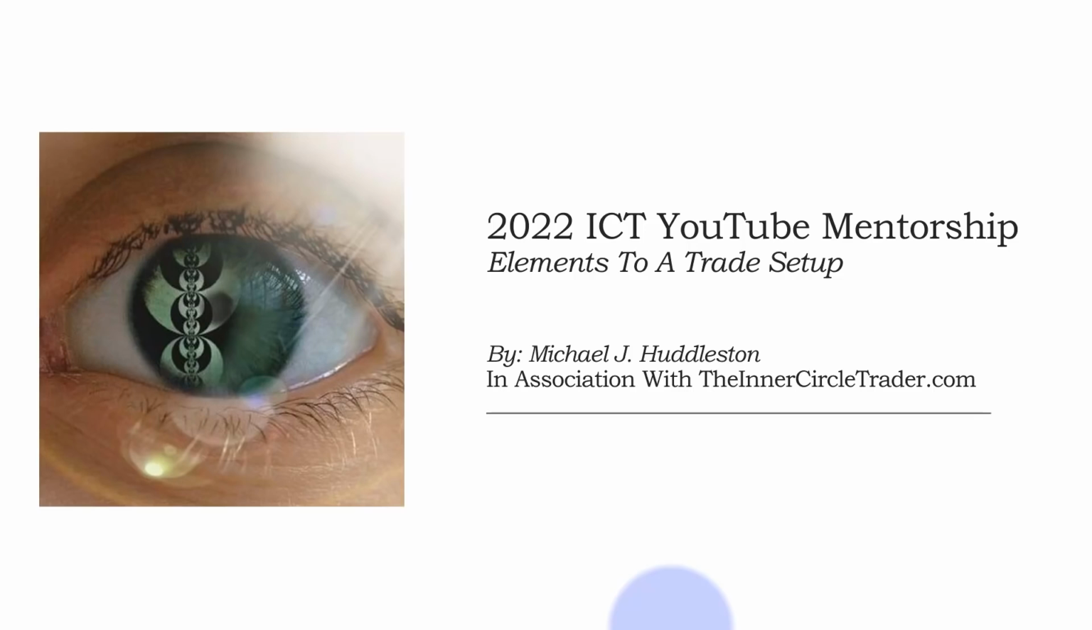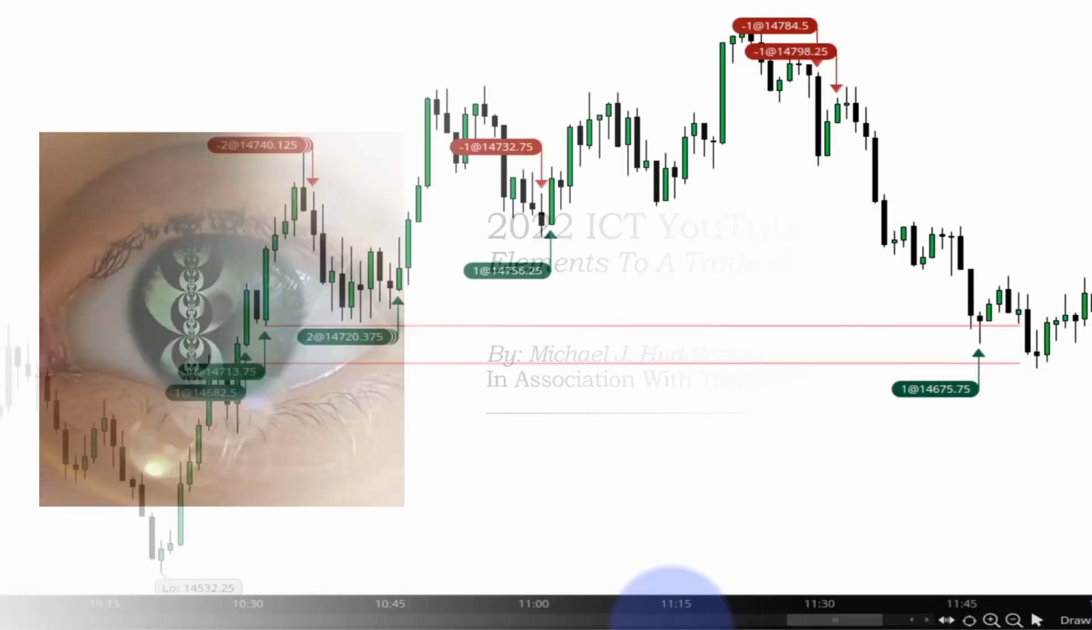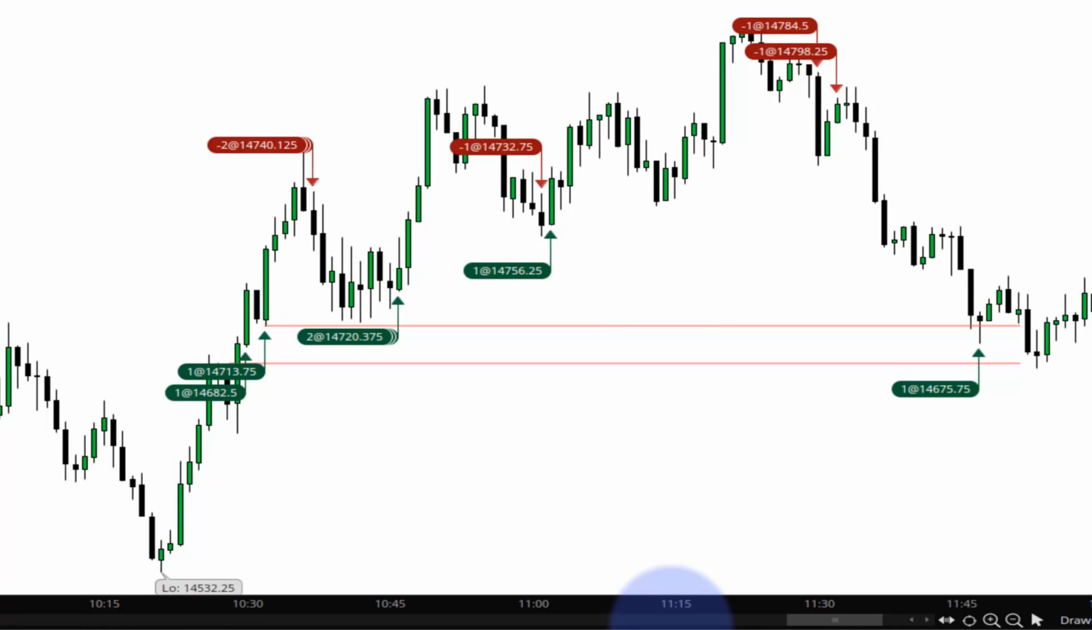And at least it gives me a chance to kind of break the ice and show you the contrast of what you may be expecting versus what I intend to deliver. All right, so this first installment is going to be elements to a trade setup. All right, so